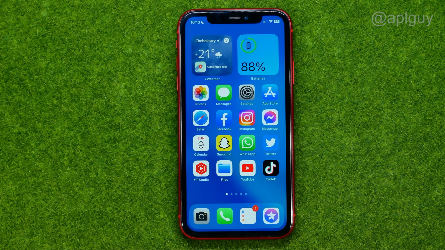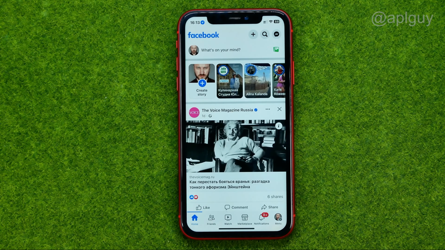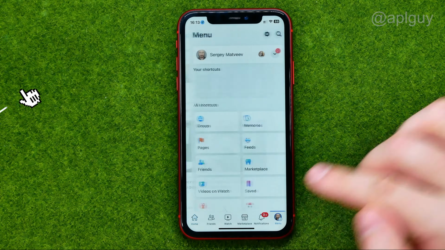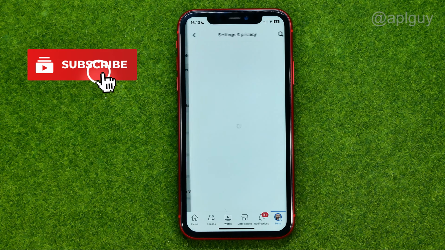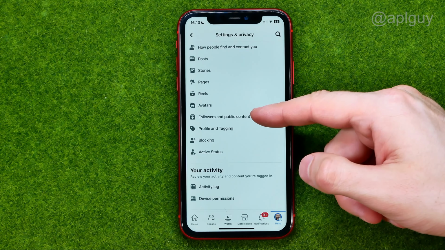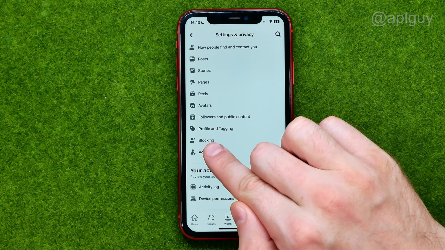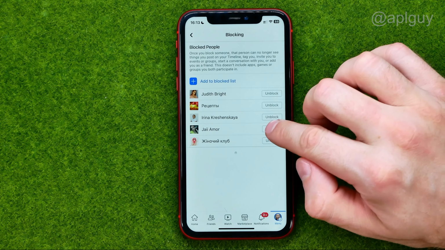Thanks guys. So let's get started, and first off, open up Facebook app. After that, go to menu. Tap at gear to open up settings, and then just scroll down until you find blocking. If we tap on it, it will show us the list of users we have blocked on Facebook or Facebook Messenger. After that, we can unblock some user by hitting at unblock,